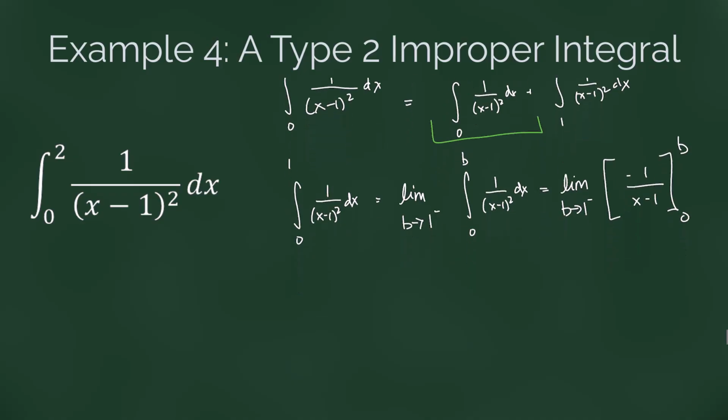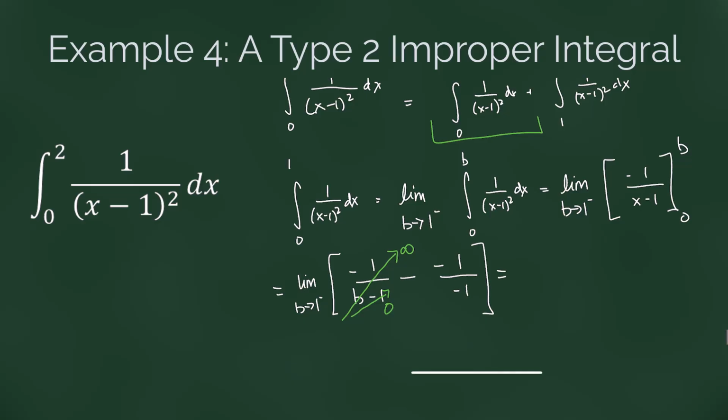So when we plug in b, we get the limit as b approaches 1 from the left of negative 1 over (b minus 1) minus negative 1 over plugging in 0, negative 1. And we can see as b approaches 1, this denominator is going to 0, which means this entire expression is unbounded, going towards infinity, which means that this limit itself must be infinite, which means that our